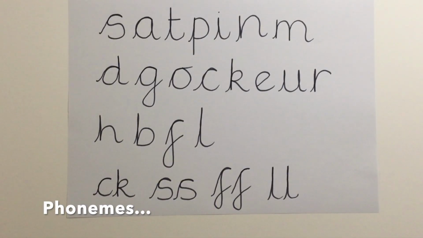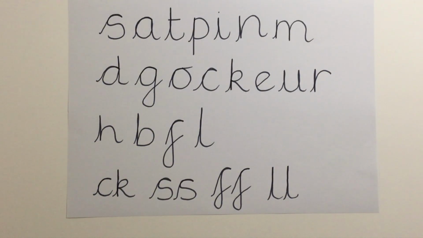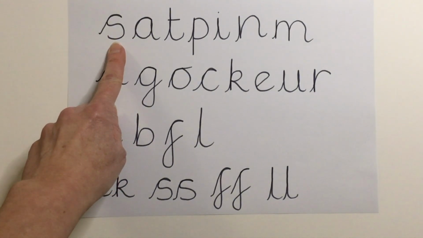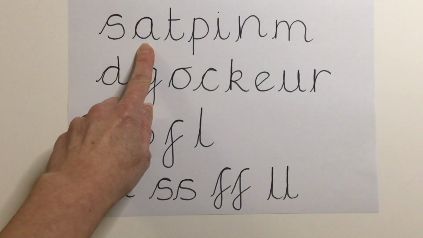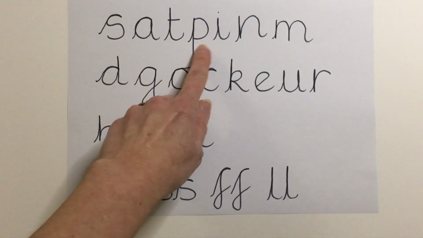Phonemes are taught in a particular order. Now it looks very different to the alphabet that we're used to seeing. Many adults use the letter names A, B, C, D, and we still refer to those at times, but we really focus at first on the phonemes, the sounds that each letter makes. So for this one, S, instead of "ess", A, T, P, I,